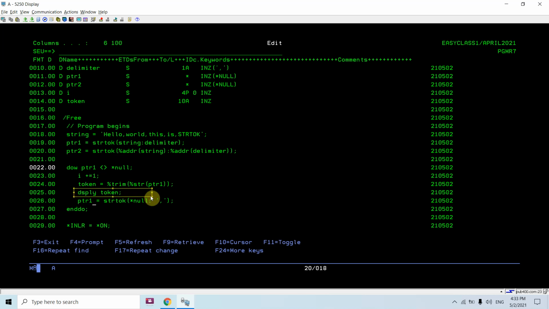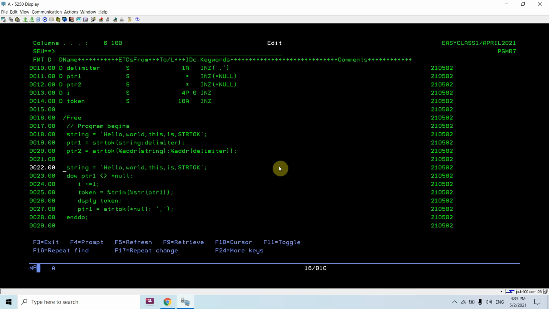After that I display whatever token I have received, that is hello as a word, or this, or is, or strtok. Since I am running this in a loop, let me tell you what happens here: once I call this function, it replaces the delimiter with null.